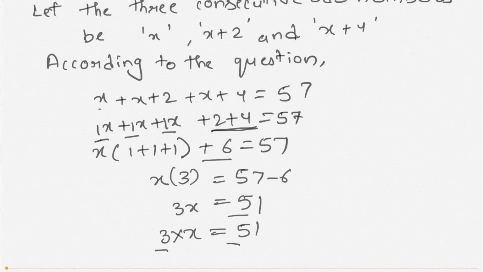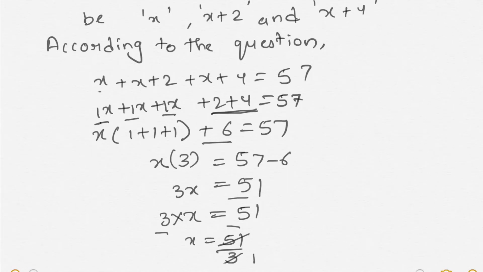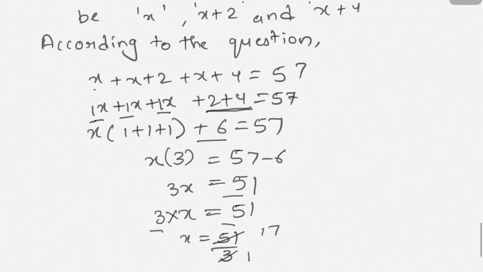When a number is multiplied with a variable and it is switching from the left hand side of the equation to the right hand side, or from the right hand side to the left hand side, it is going to get divided. So we will have x is equal to 51 by 3. Now we can divide 51 by 3 using tables. When does 3 come in the table of 3? 3 times 1 is 3. If you divide 51 by 3, you will get 17. So the required odd number that we were finding out is 17.